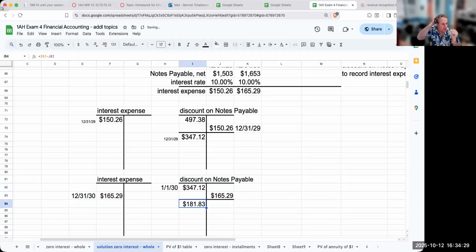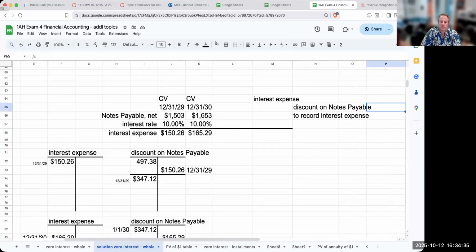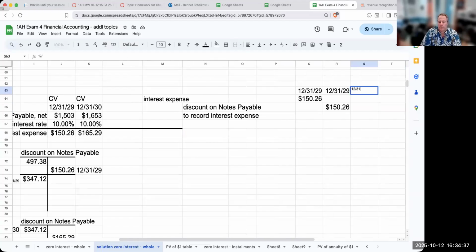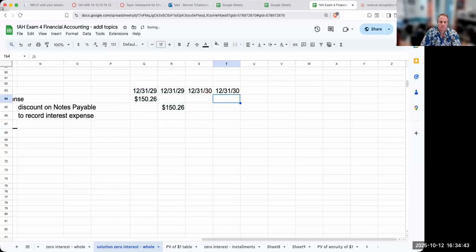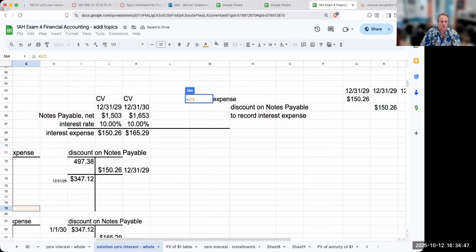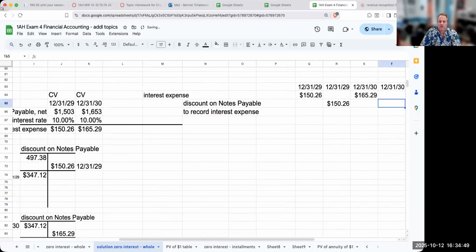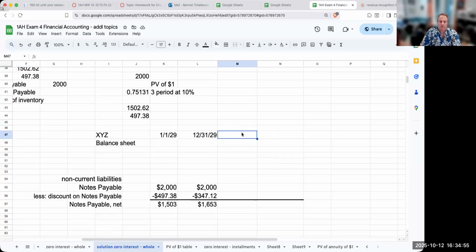And this over here is going to be 181.83. So come over here to record the interest for 12/31/30. This is going to be 165.29. Okay, so looking at my balance sheet, now when I get to 12/31/30,